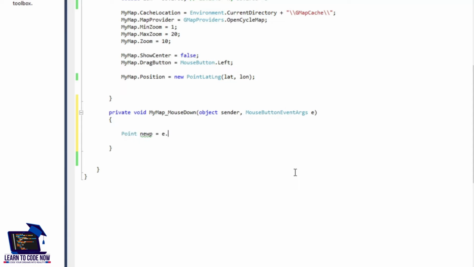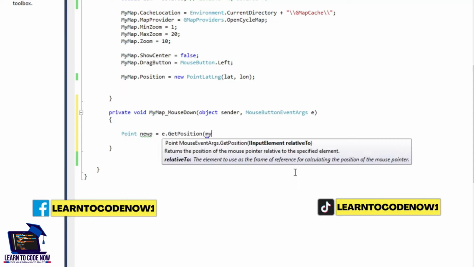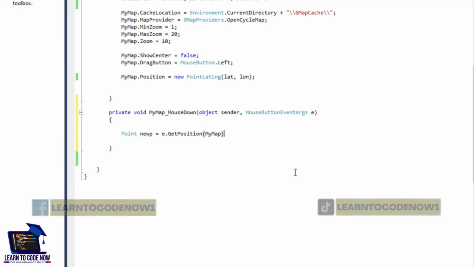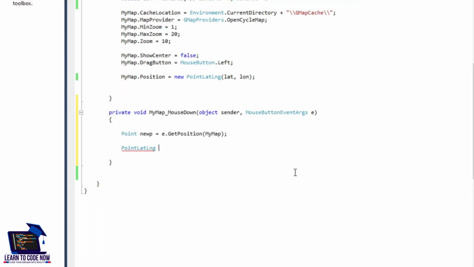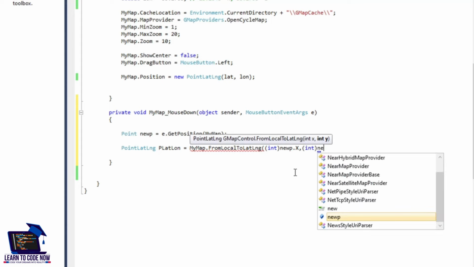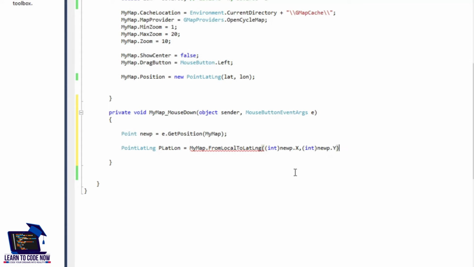For this purpose we have created a mouse down event, and in this event we will create a point variable to get the point from the screen, and the point contains x and y axis. Then we will convert the point into local lat longs. For this purpose we will use the function FromLocalToLatLng, and then we will create a GMap marker,